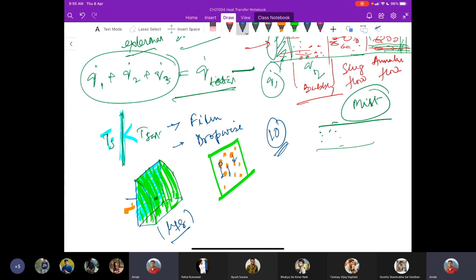But the point is also you have to realize that this dropwise condensation will not be helpful for a prolonged period, because eventually when it comes down after reaching a certain size, it also creates a film if you leave it for a long time and if the surface is sufficiently long. Okay, so it eventually converts to film condensation.